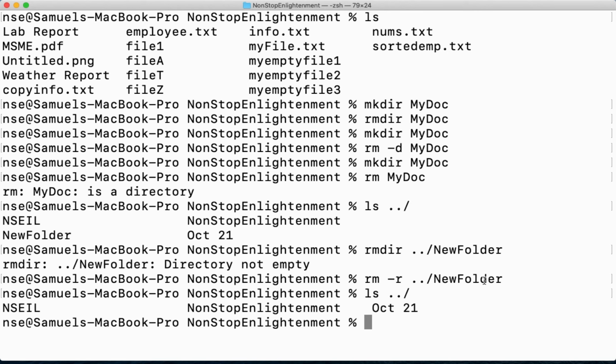Any directory which has some content inside it, any files or folders, we cannot delete directly using rmdir or rm -d. Rather, we need to say rm -r to delete a folder which has something inside. If I want to delete an empty directory, just say rmdir. If a directory has some content inside, just say rm -r followed by the directory name.